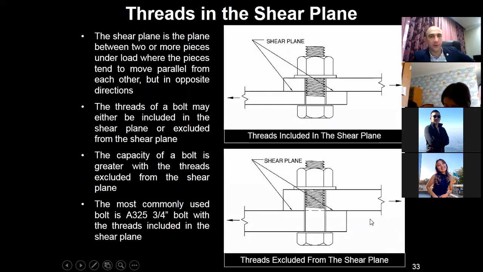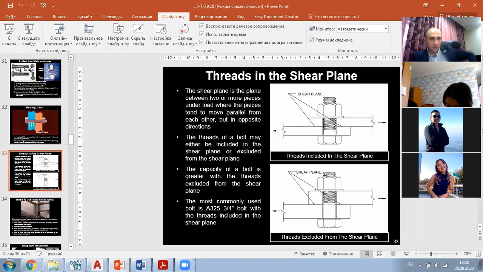I think we will not finish this lecture today because there are many slides. We'll continue discussing this presentation next lesson, because we need to finish the bolting connection, and then we'll start talking about welding connection in steel constructions. Okay, after